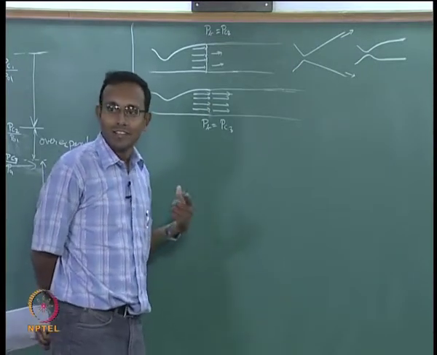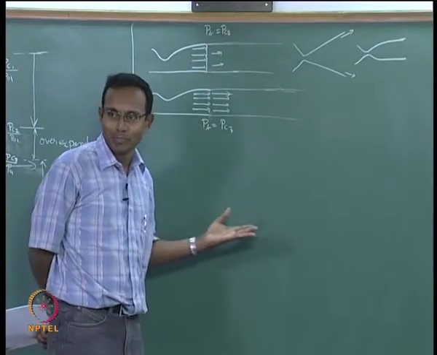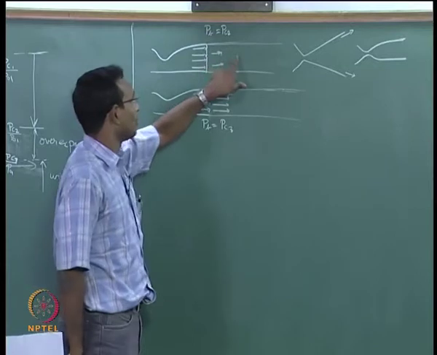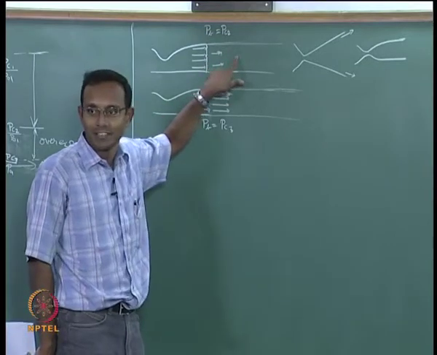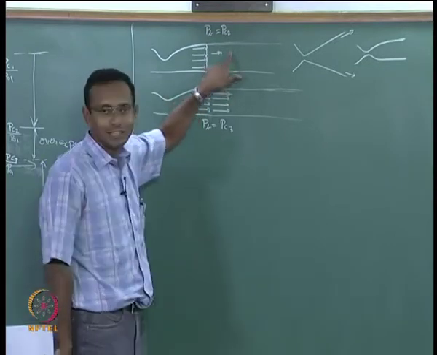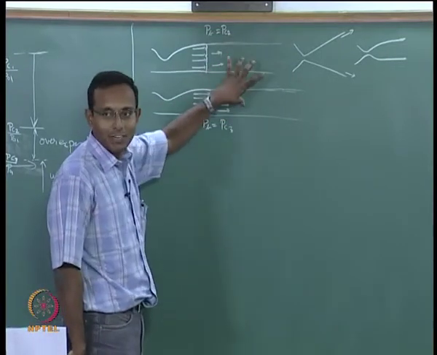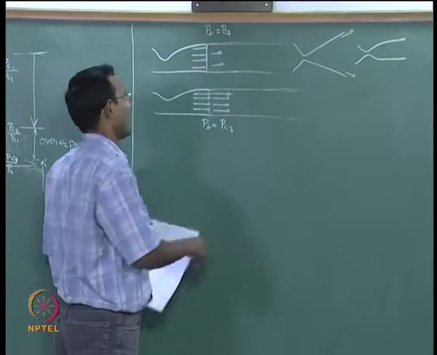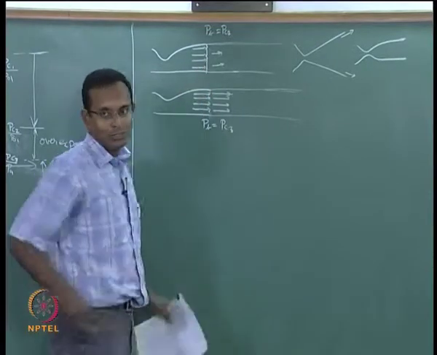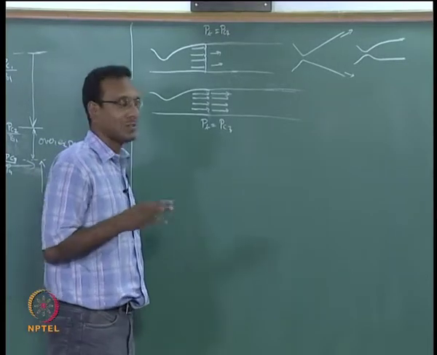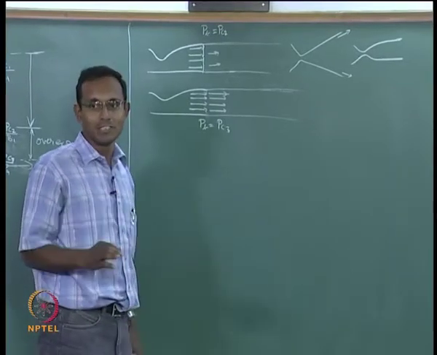Why? If it is a normal shock, that is the other possibility you have. If it is a normal shock, then it is too strong and it will make it go to P critical 2, that kind of exit pressure. But we want much lower than that. We want pressure lower than this, but more than this, that kind of intermediate value. So I cannot have a strong shock like a normal shock. I can have some other shock. We can have so many other combinations. We will just think about a simple situation right now.